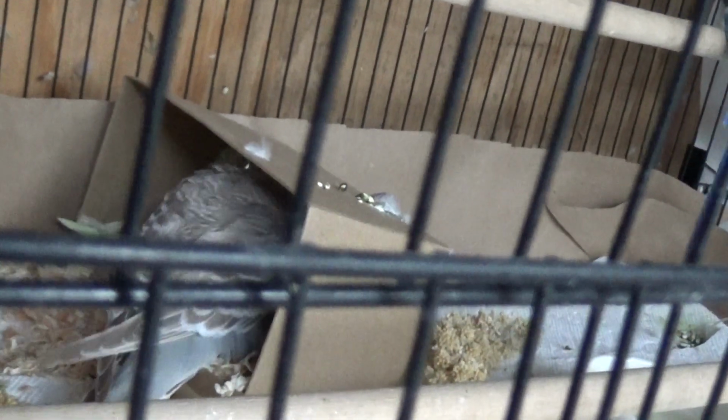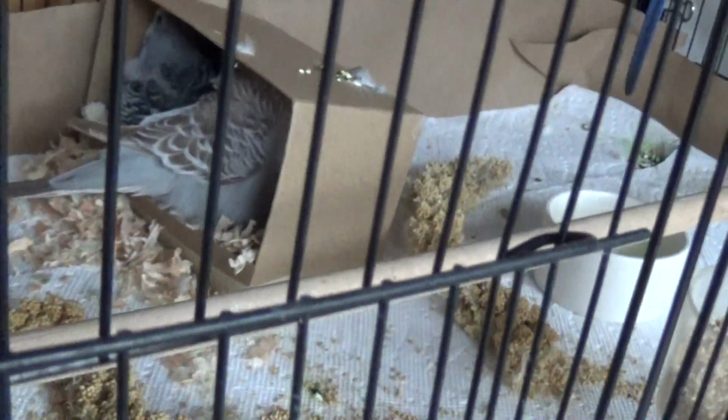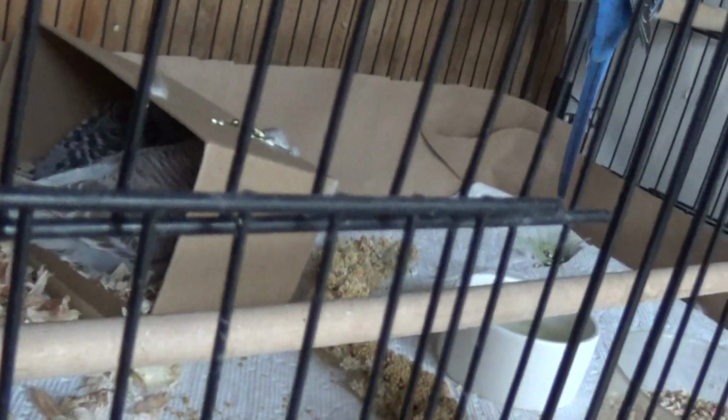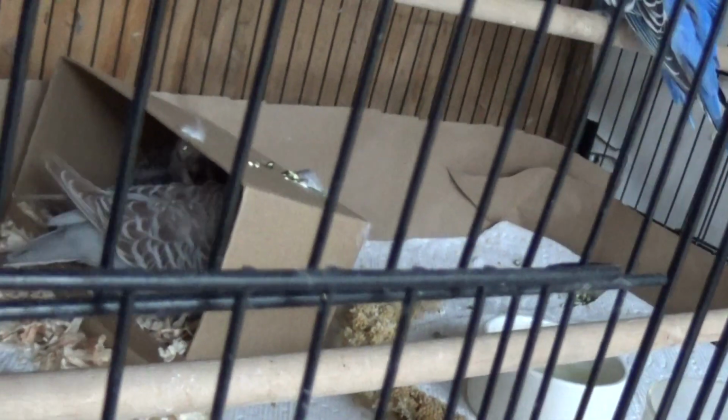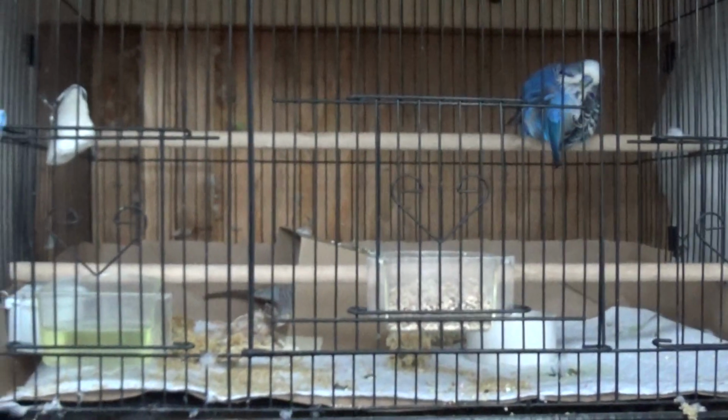She's literally pushing them out of the way and trying to get in there with them. I don't know what she's doing, really. I don't think she's hurting them. She's like trying to get them to sit under her or something. So anyway, these guys are